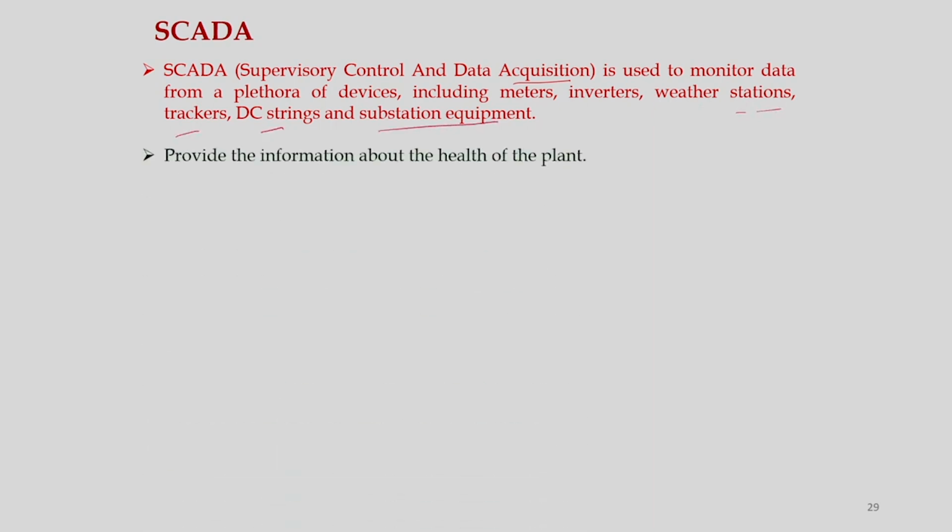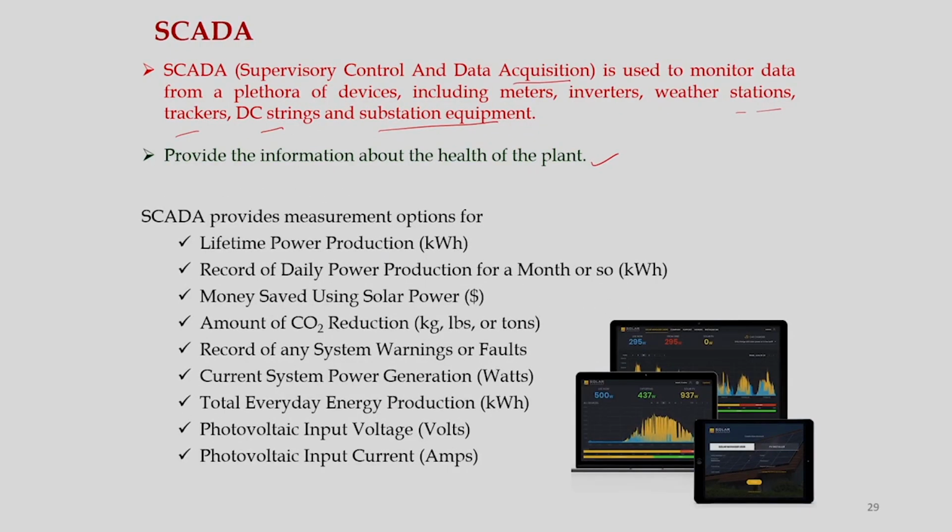So, primarily it provides the information about the health of the plant. So, there will be separate rooms, and from there they can monitor all that information. Okay? Once you know the amount of radiation that is falling, what the temperature is, how much energy is being generated, all the information can be monitored by using this SCADA system. Okay? So,